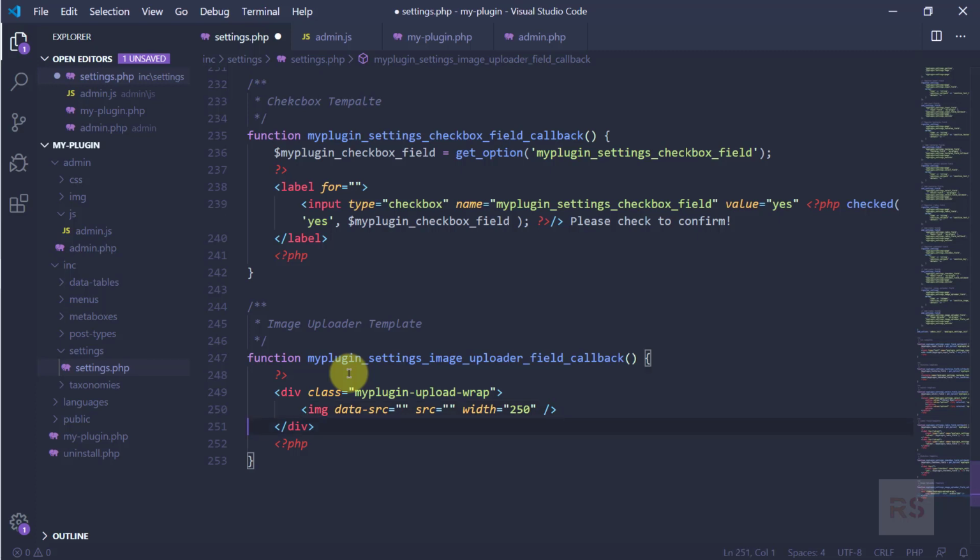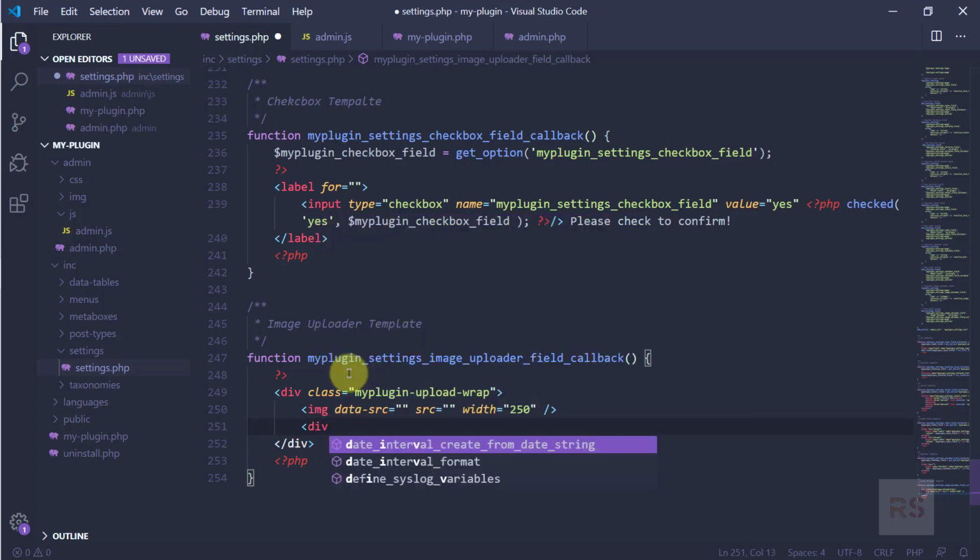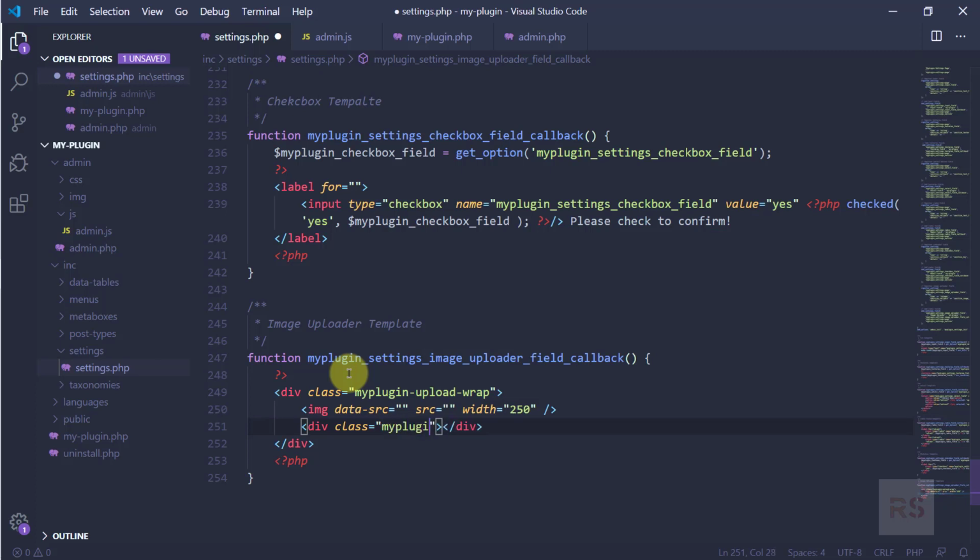This is for the preview purpose. Now let's add our main uploader DOM. So let's do like this, and let's provide a class here. Let's say my plugin upload action,